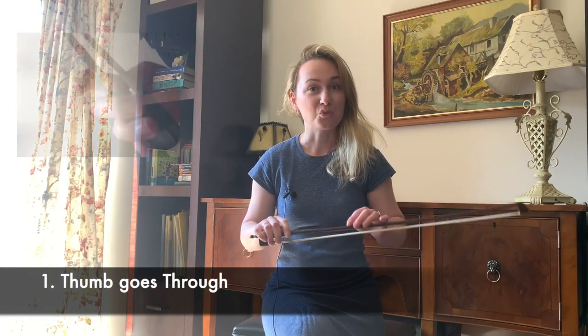Bow hold and 9 most common mistakes. Mistake number 1. Thumb goes through. Why is it dangerous? It will dramatically reduce your bow control. Therefore, what you need to do is go back to how to establish the bow hold and do it step by